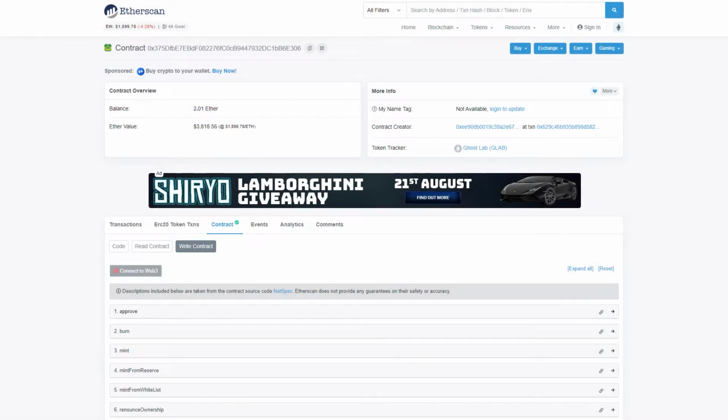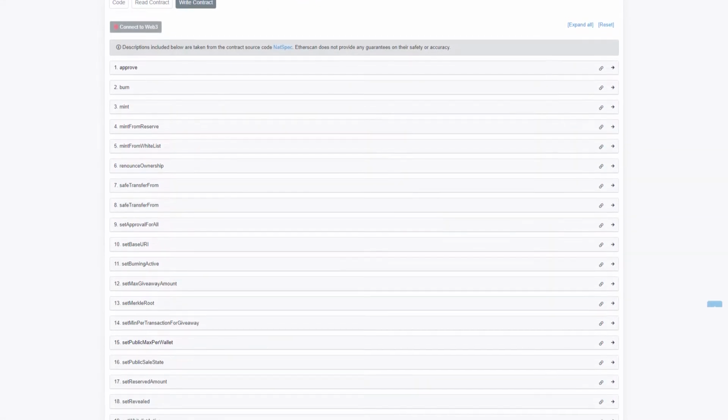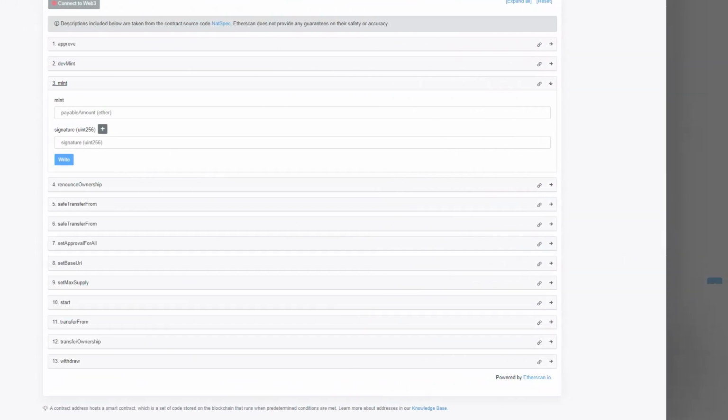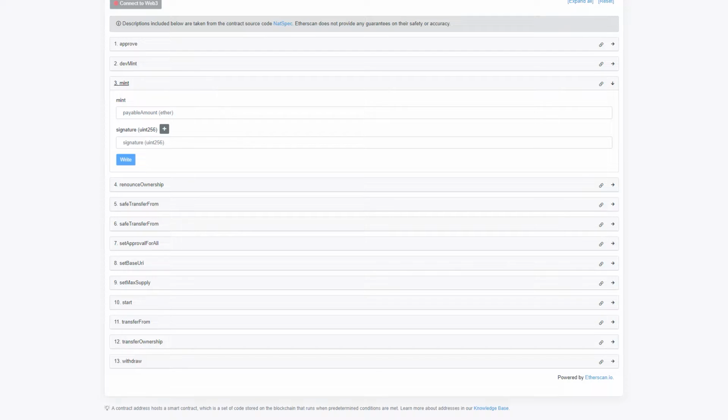Let's now move to the write contract function. This is where we will be able to mint. The main function we care about should be called mint. The name could be customized and could be something like mint compass, for example, but usually the word mint will be present. Once you toggle on the mint function, you will see two